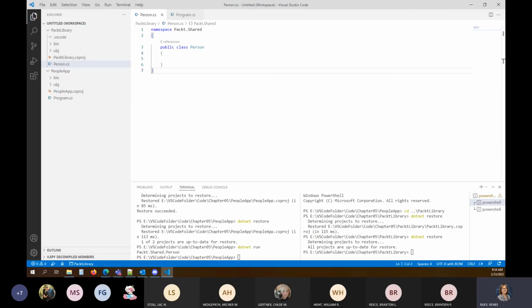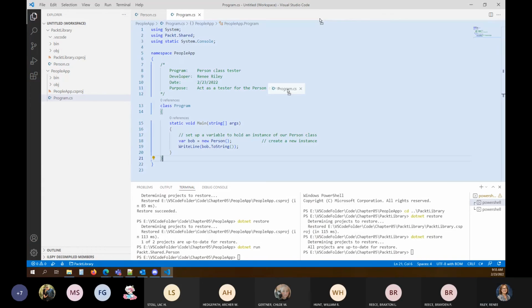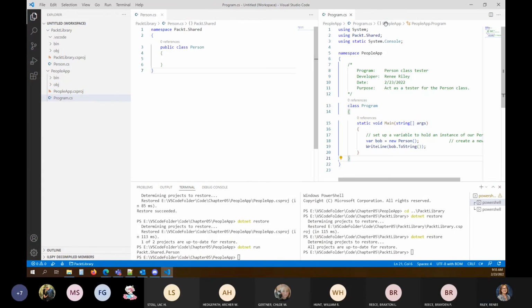They say, click, hold, and drag the edit window tab for one of your open files to arrange them so that you can see both the person.cs and program.cs at the same time. Can you do that?